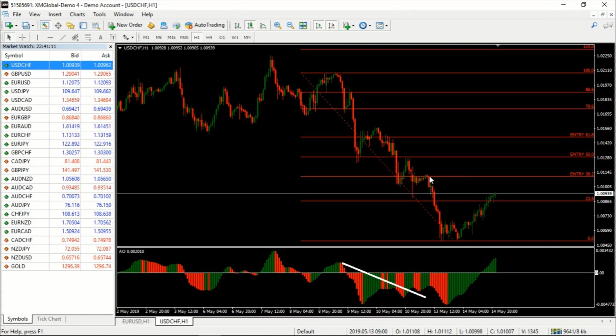So that is a very beautiful thing that the Fibonacci tool shows you. You can see the Fibonacci tool is actually very helpful. So that's how we use the Fibonacci tool